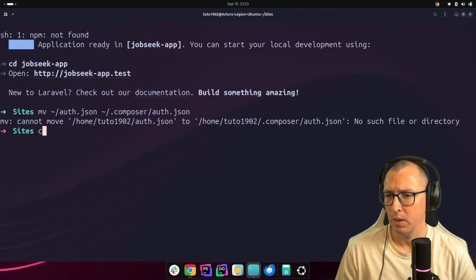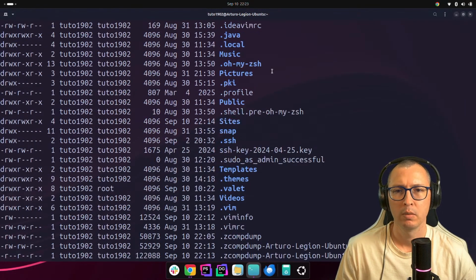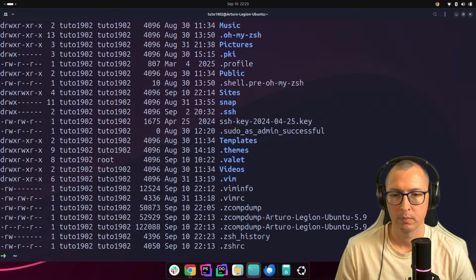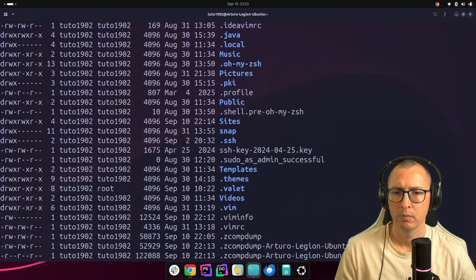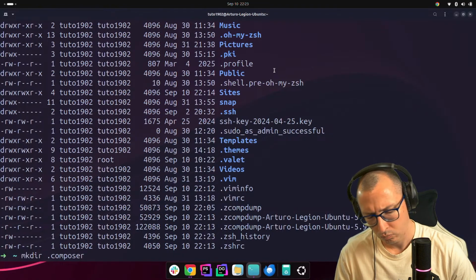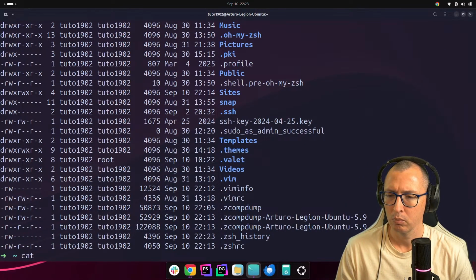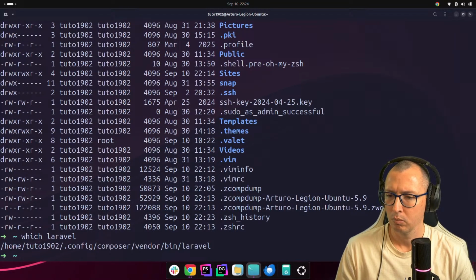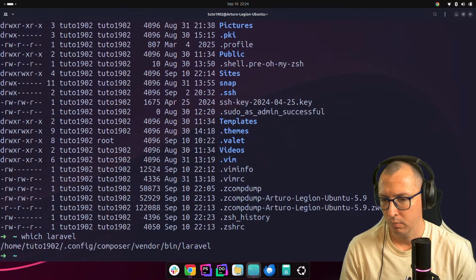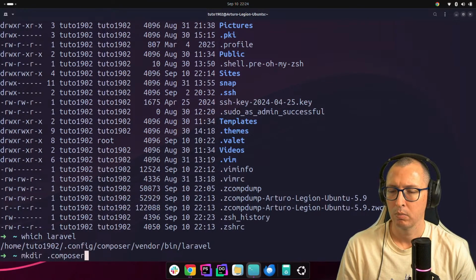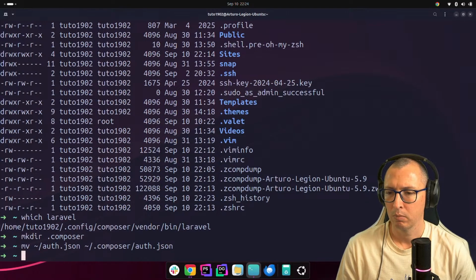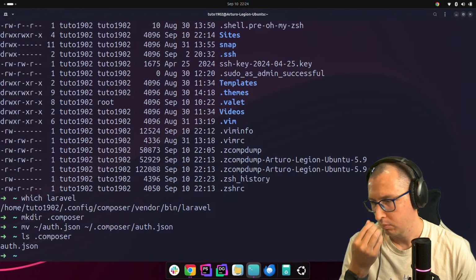There is no Composer. Interesting. Oh, it's in config. Okay. Let's see if it works.